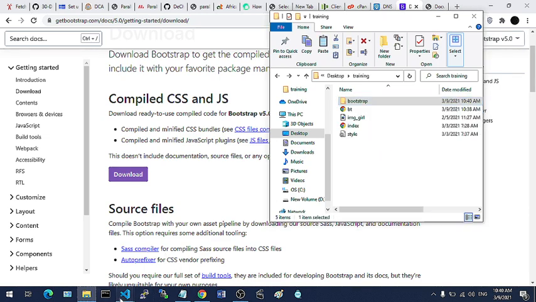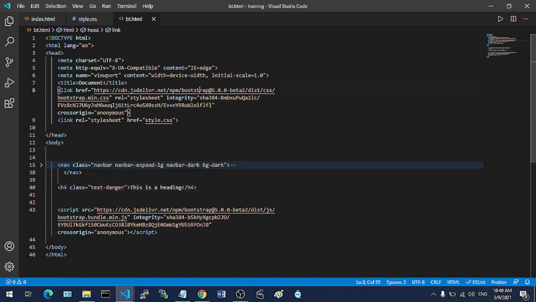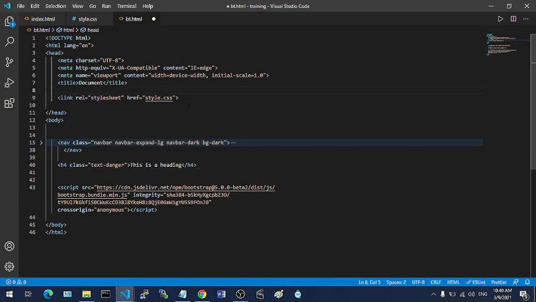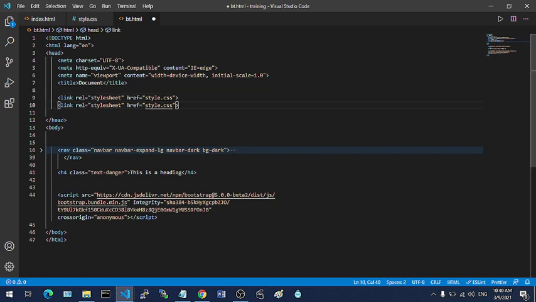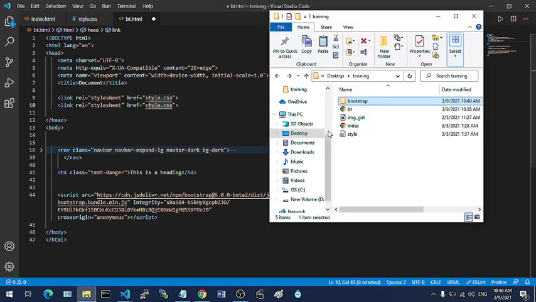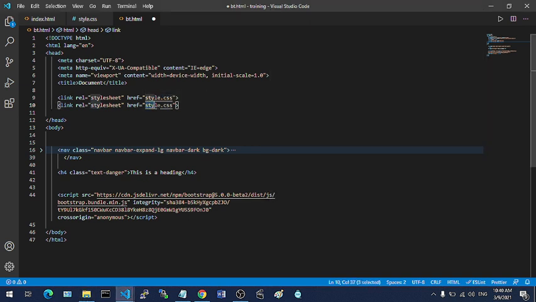Let's go back to our source file, which is our HTML. Instead of linking to the CDN here, I will remove this, and then I will link a style sheet, and then I will link to that particular file within our project. So how do we do that? We know that the file we're looking for is within the Bootstrap folder. So the first thing we need to type in here would be the Bootstrap